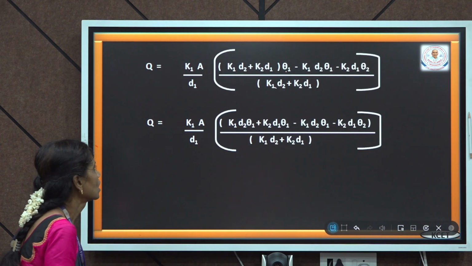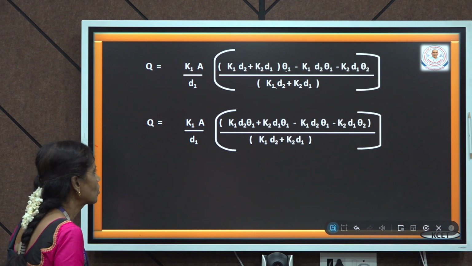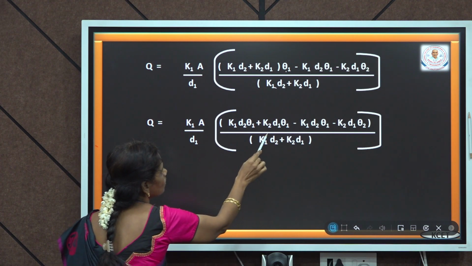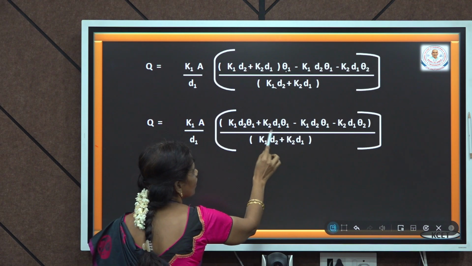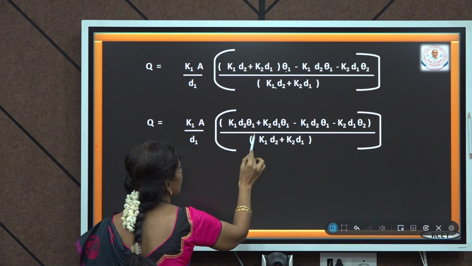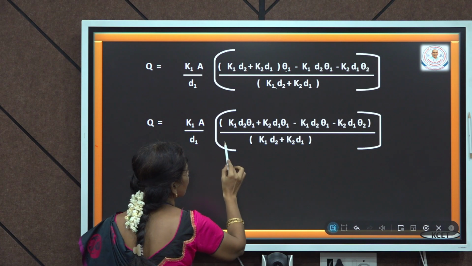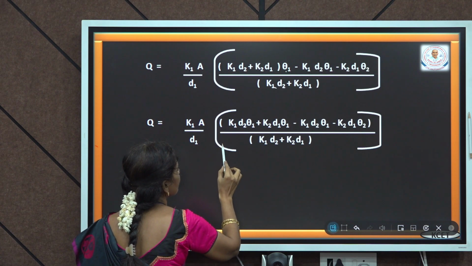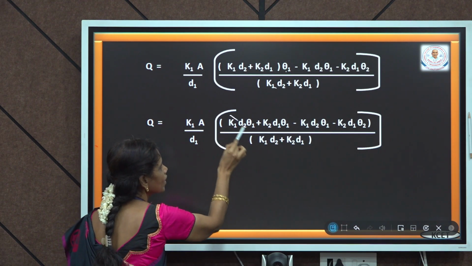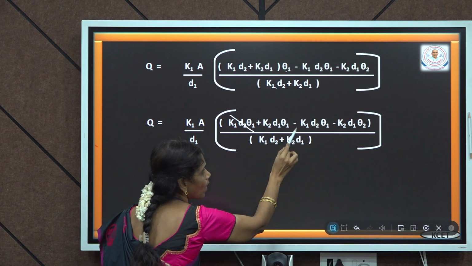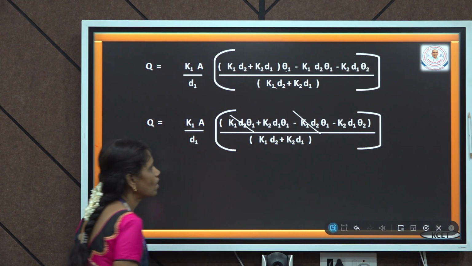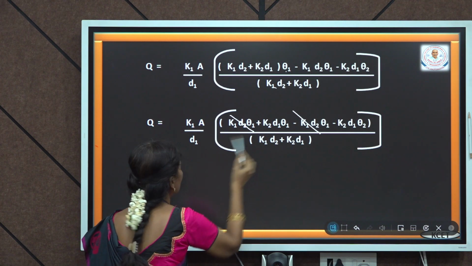We have taken common denominator in both the numerator and the denominator. In this expression we have to cancel the common terms. Here in this expression K1 D2 theta 1 and here minus K1 D2 theta 1 is there. So, these two terms got cancelled. So, the remaining terms are